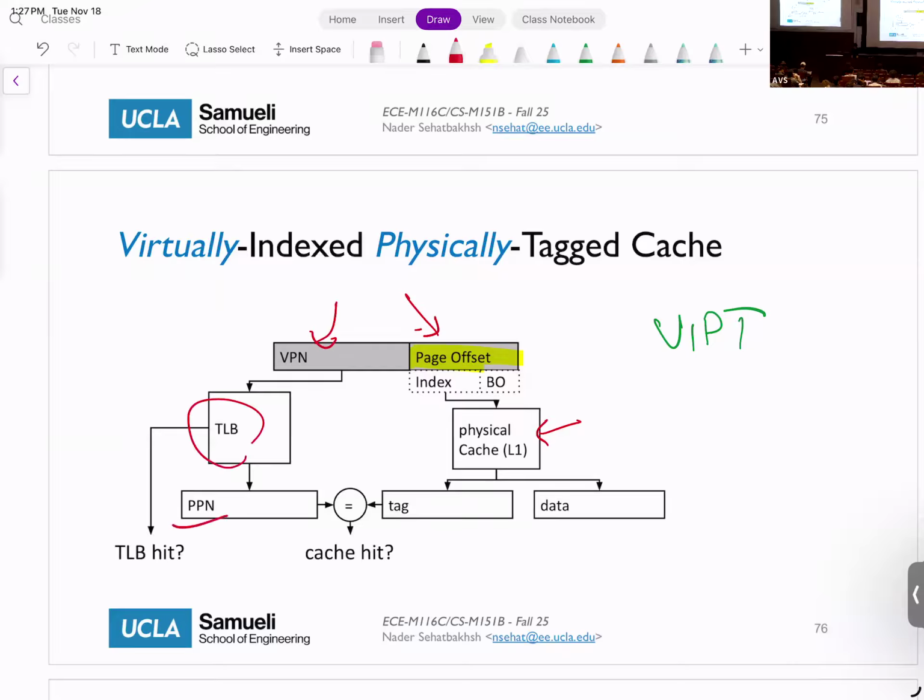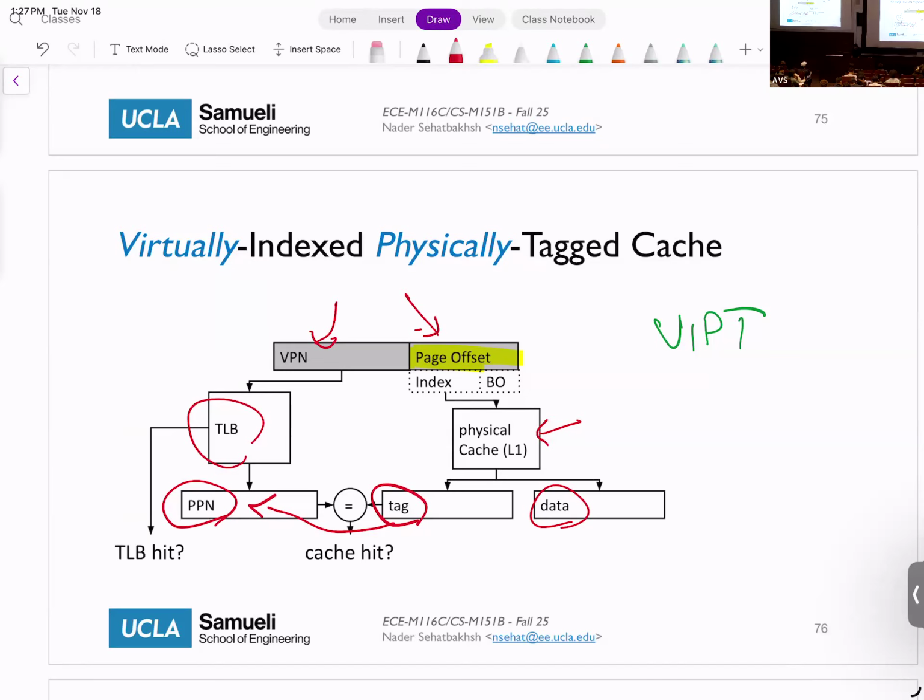I'm going to get my PPN. Since I've already read my data and tag, I can compare this tag with the PPN because this is the actual physical address. I can extract the tag from the physical address, right? So I compare the tag I stored in the cache with the tag that I extract from the physical address. If these two match, it means this is the correct data, right? And I already have the data, right?